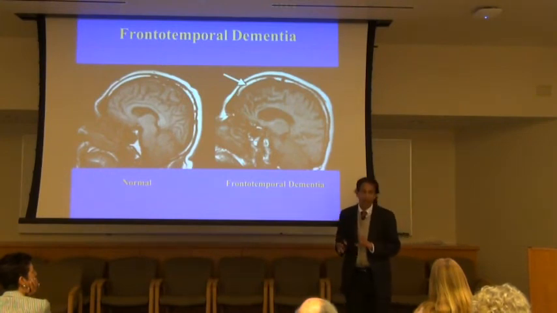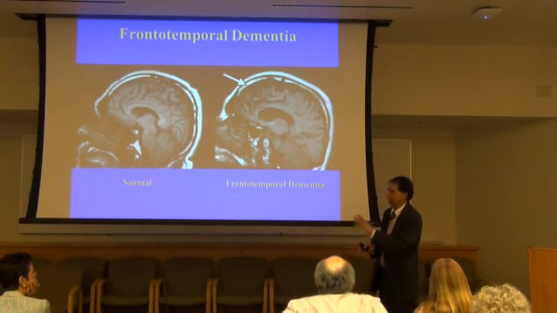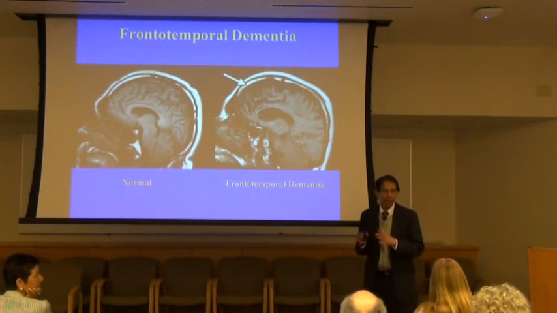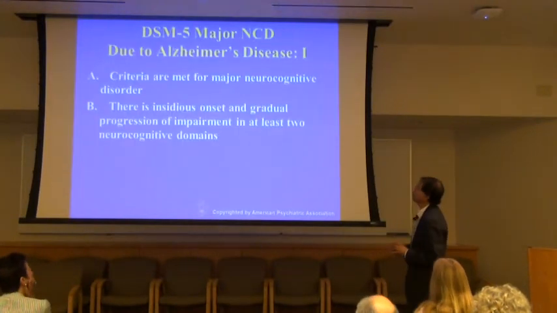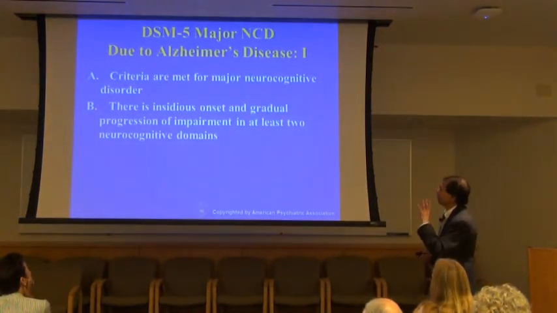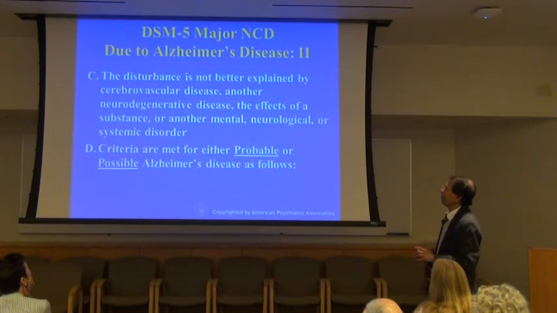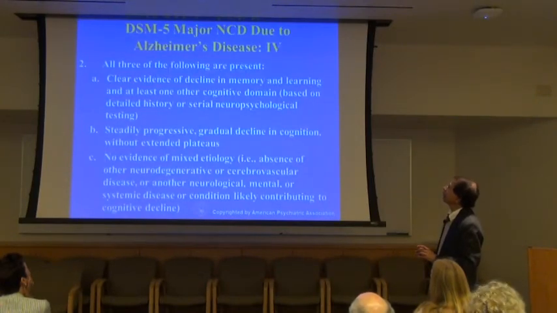However, none of this is diagnostic yet. So that's why we did not recommend, I'll come back to that briefly later, but we did not specify any biomarkers at this stage because they are not of clinical use at this stage. They are of research use but not clinical use. Okay. That means Alzheimer's can be probable or possible, and then it describes how you consider probable versus possible. And if there are questions, I'll be happy to answer those, but let me.